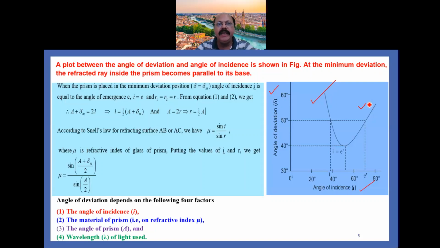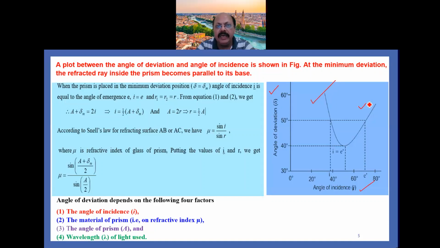So when the prism is placed in the minimum deviation position, that is delta equal to delta m, then the angle of incidence is equal to the angle of emergence, that is I equal to E, and R1 equal to R2 equal to R. Then from equations 1 and 2, when you substitute these values, we get A plus delta m equal to 2I, that is I is equal to 1 by 2 (A plus delta m), and similarly A equal to R plus R, which is equal to 2R,